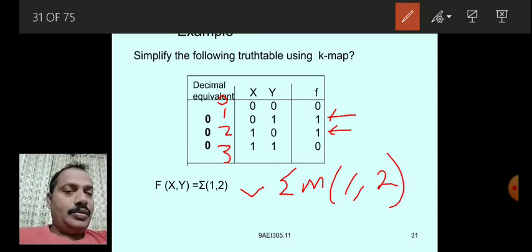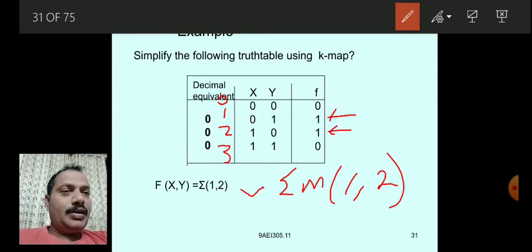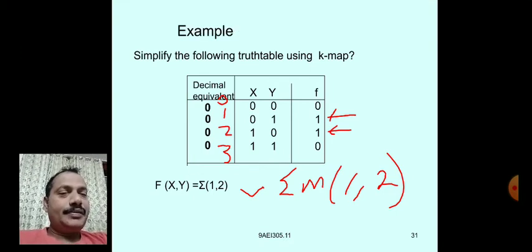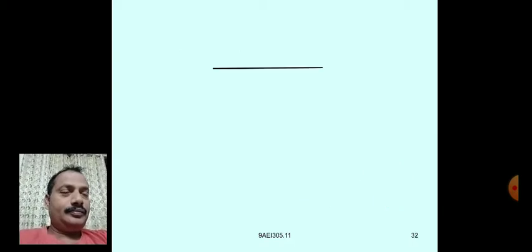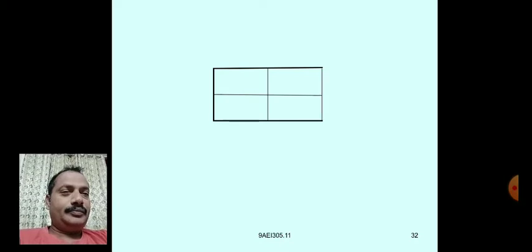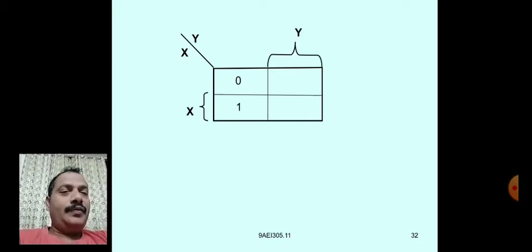So you have to draw the K-map for this. Two variable K-map, x comma y. Fill the ones.